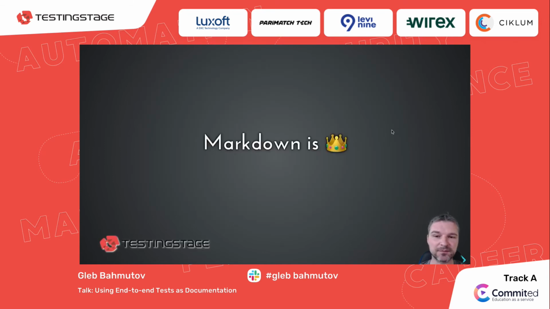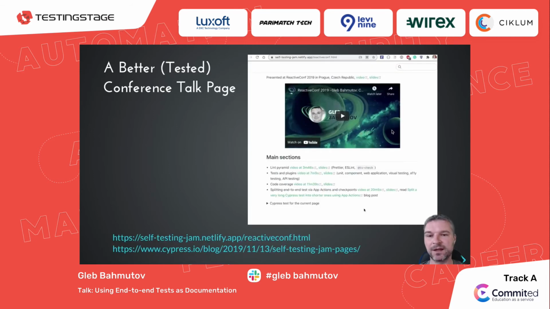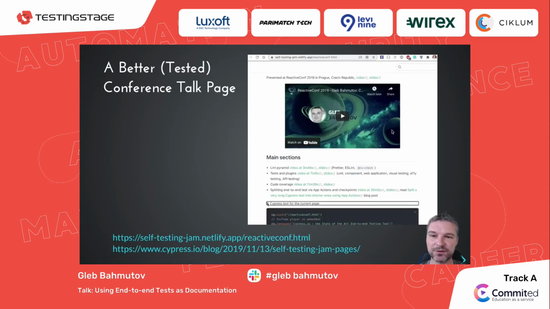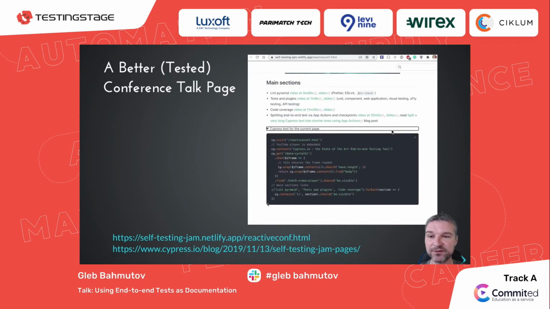If you ask me, Markdown is the king. There are no more other documentation languages or templating languages. Markdown has won. Most code editors, text editors render Markdown, show a preview, and you can embed everything I do everywhere. I even use Markdown to create a better experience with conference talks.